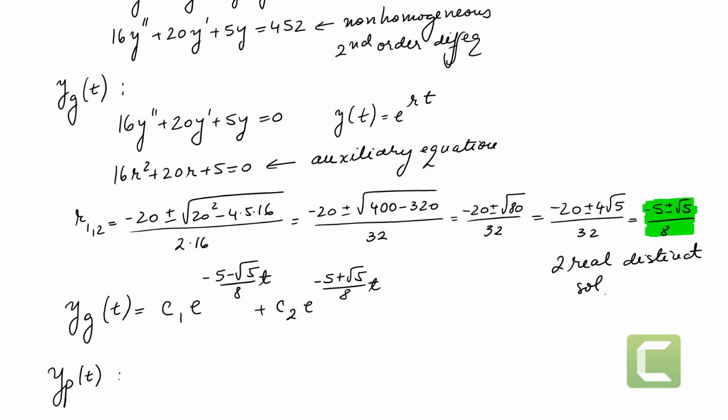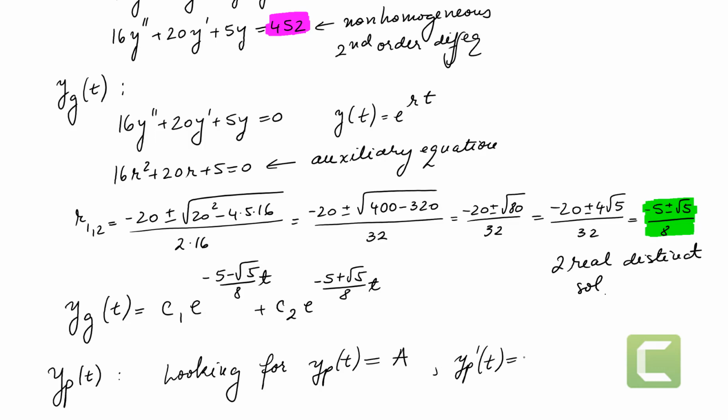Well, for the particular solution, we learn two methods. We learn undetermined coefficients and we learn variation of parameters. Just because the function after the equal sign is an easy one, a constant, we expect to be able to use undetermined coefficients with no problems. So we are looking for yp, the particular solution, of the form of some constant a, which we are going to find out. So yp prime of t is 0 because it's a constant, and yp double prime of t equals 0